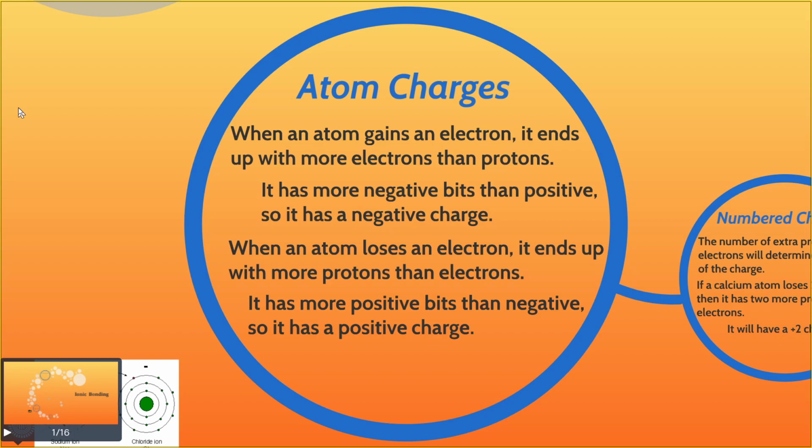When an atom gains or loses an electron, it will now have a charge. Remember, we used to have the same number of positive and negative charges. If we add more negative charges to the atom, it is now going to be a negatively charged atom. If we take away some negative charge, the atom will now be positive because it has lost some of that negative balance. So atoms are in balance initially, and then we lose that balance when they gain or lose